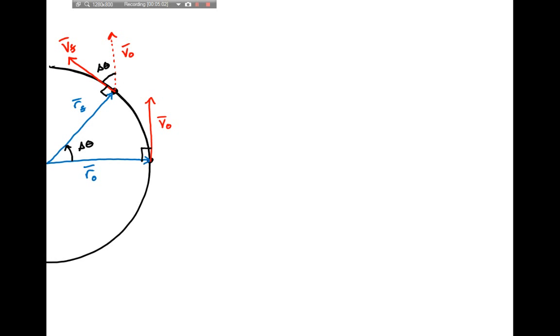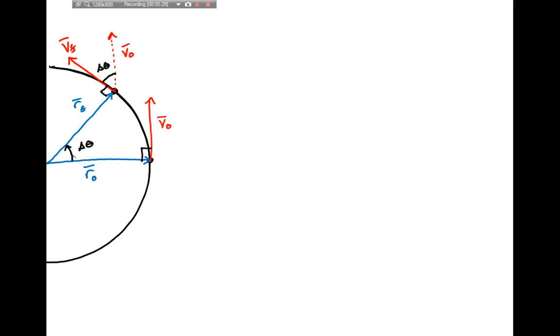So the adjacent sides on a piece of paper are at 90 degrees. Of course, if you take a piece of paper and you rotate it through some angle, all four sides of the piece of paper rotate through the same angle. This is the same kind of idea here. I have my position vector and my velocity vector, and they're locked in at 90 degrees with respect to each other. So when my position vector rotates through an angle delta theta, my velocity vector has to rotate by that